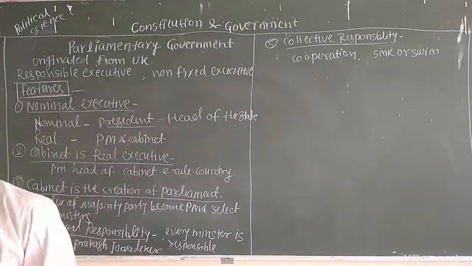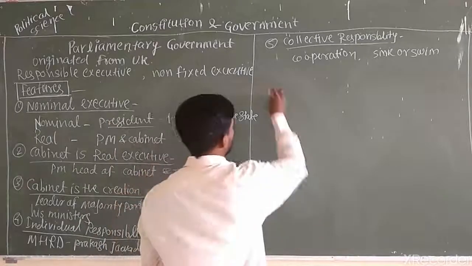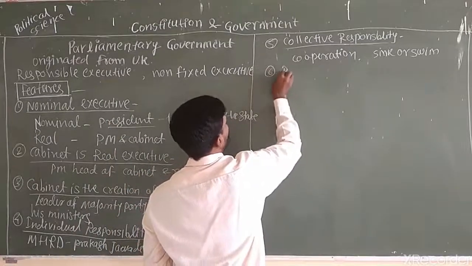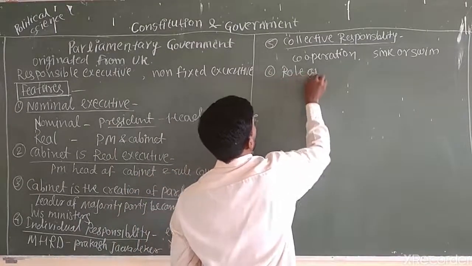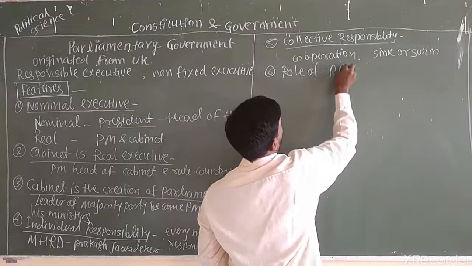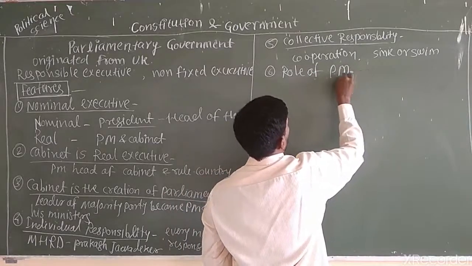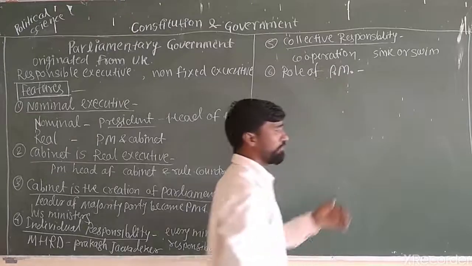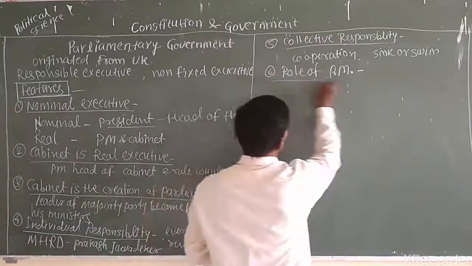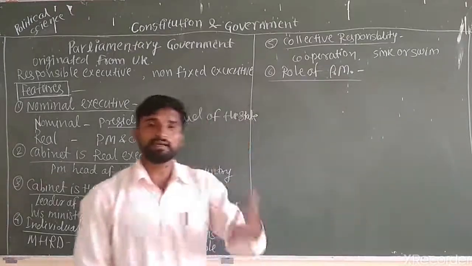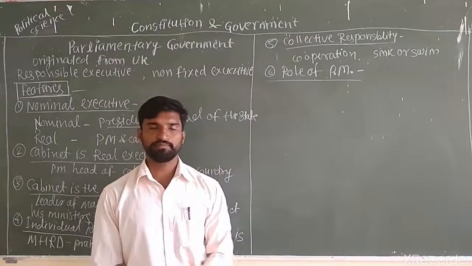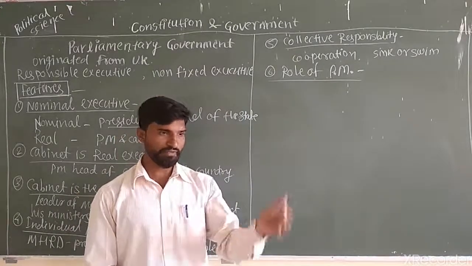Next point is the role of the prime minister. Role of PM. So the main leader, even the PM is called the leader of the whole country, who is going to lead the country on the international level. Because for the different kinds of foreign policy,